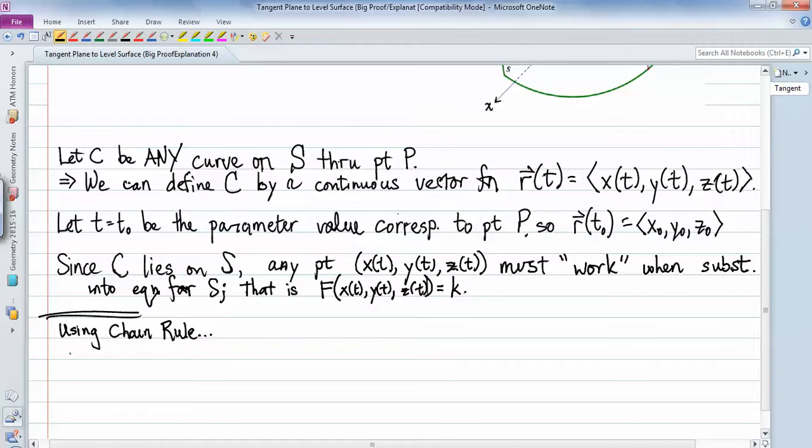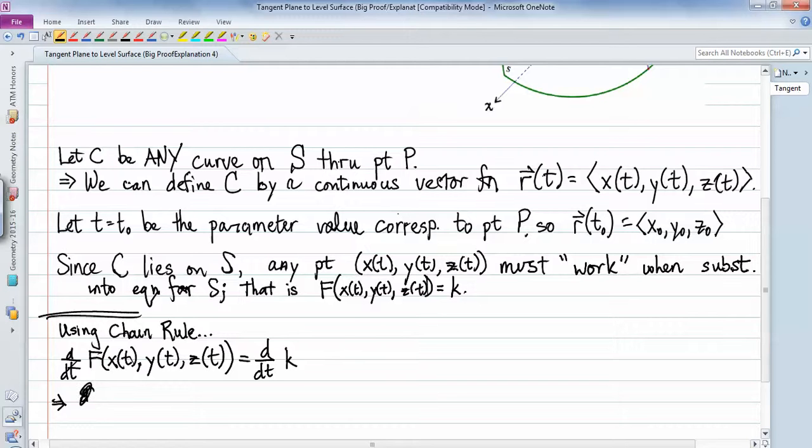Okay, so I'm going to take d/dt of both sides. d/dt of capital F of x of t, y of t, z of t. And on the other side, I'm going to do d/dt of the k. Well, okay, so we got to use the chain rule here. So we get